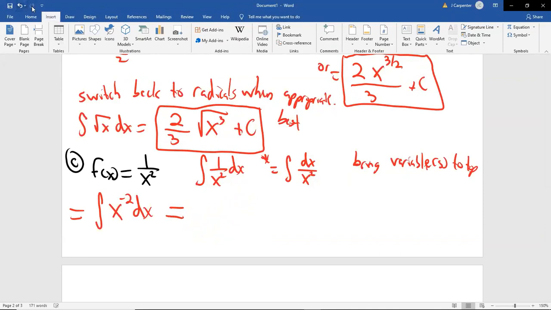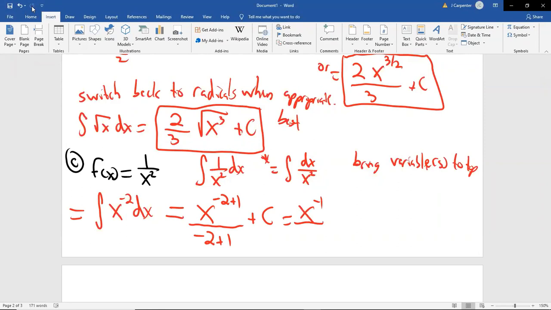So it's equals. No more snake S thingy anymore, just x. Add 1 to the exponent, that's negative 2 plus 1. Show your work for this because sign math is hard sometimes. Then divide by the exact same thing as the new exponent, which is negative 2 plus 1. And we add our c. Now negative 2 plus 1 is not negative 3. That is the most common mistake people make. It's negative 1.